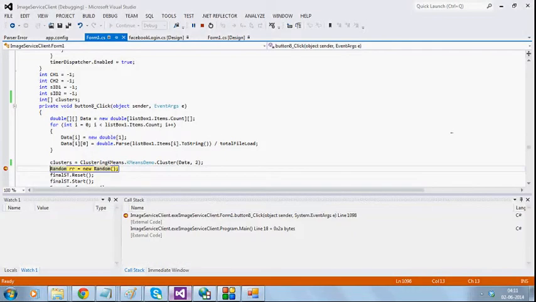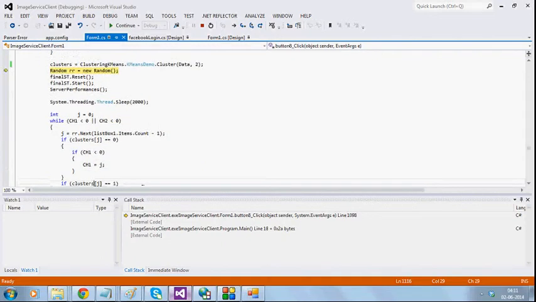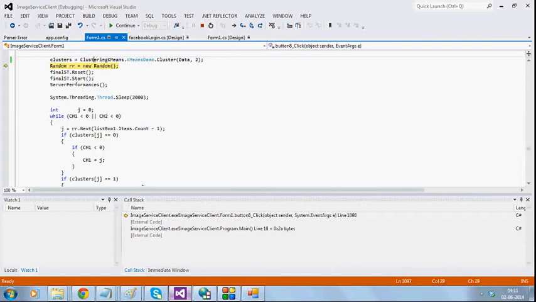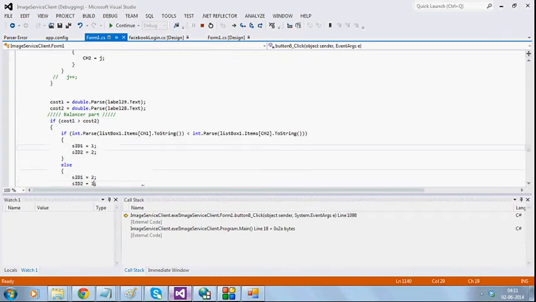If we click for partitioning and look at the cluster for 5 images, you can see the last 2 images which are bigger have been classified as one group, and the rest of the nodes have been classified as one group. What my code does here is it checks the cluster heads, and based on the cost of the cluster head, it groups them, followed by extracting the cost from the labels from server performance, and then carries out the scheduling. So if we continue,